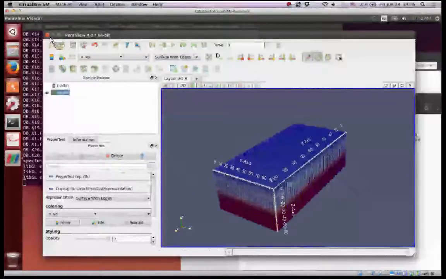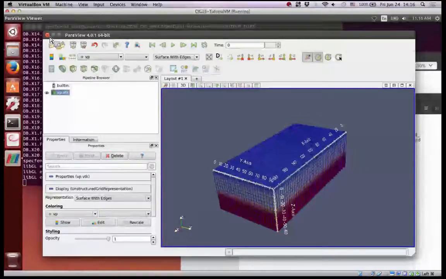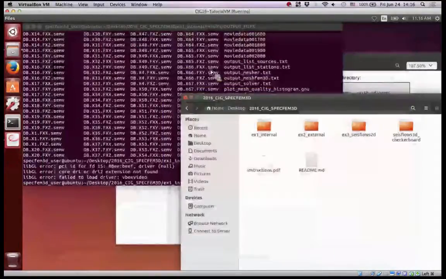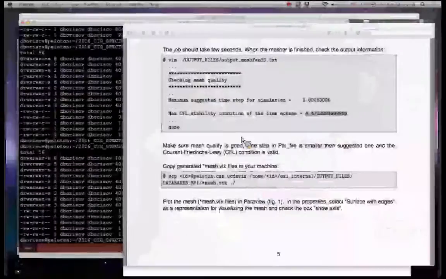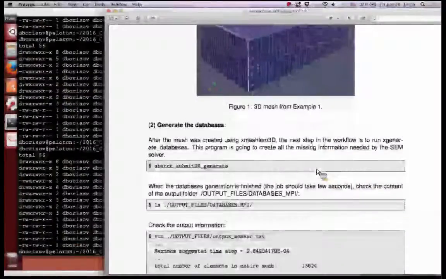Okay, I'll close it, but you can use Paraview after. Now let's move forward, and the next stage, second step, is generate database. In the same way, there is a script